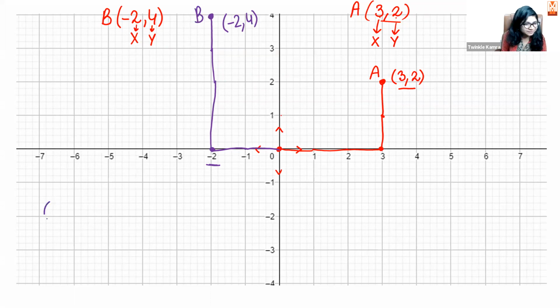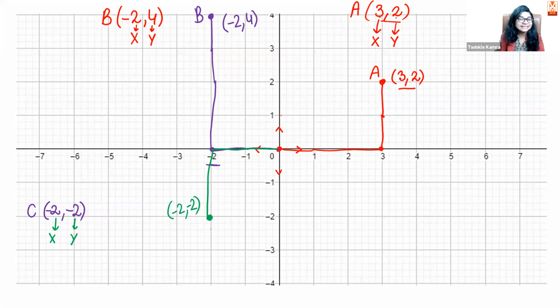Similarly, let's go for 2, -2, okay? This point, I call it, let's say C. I want to plot this point, okay? So to see this point, where is this? This corresponds to X. This corresponds to Y. If X is -2, that means what? Again, yes, I will move in this direction 2 steps. Again -2, again 2 downward here. So this is where I reach. This point is what? -2, -2, and this is C.